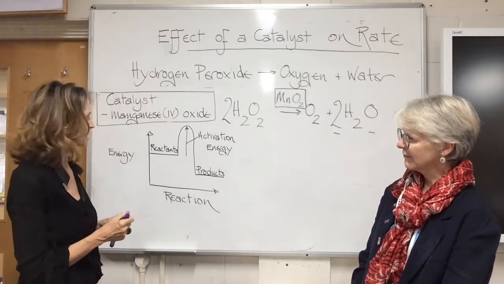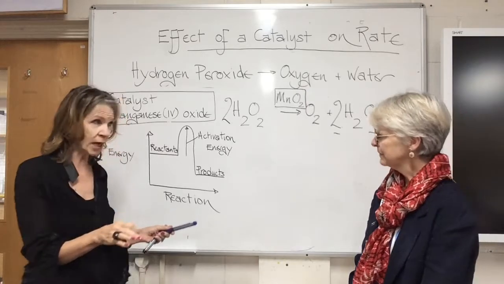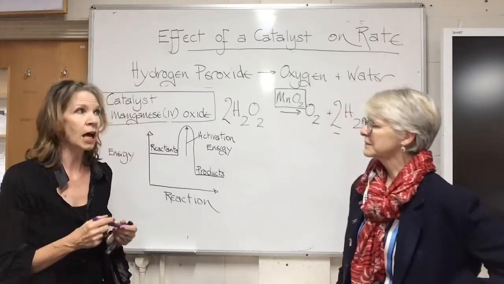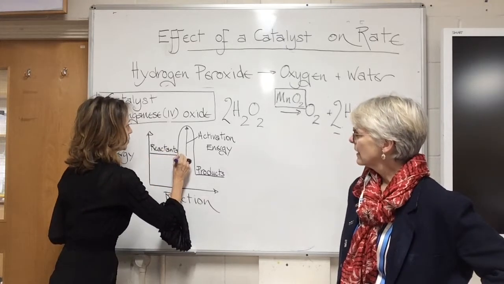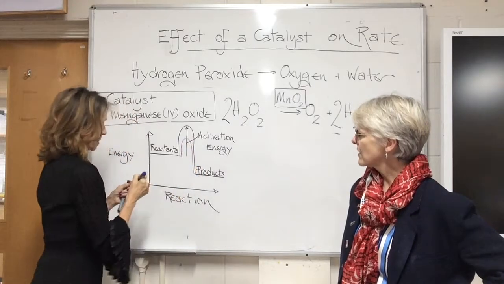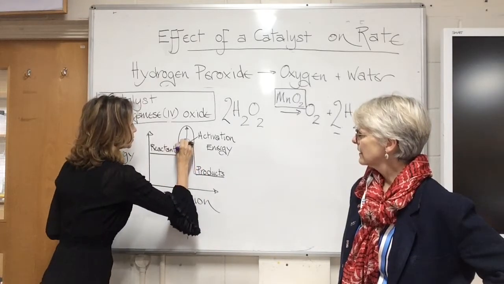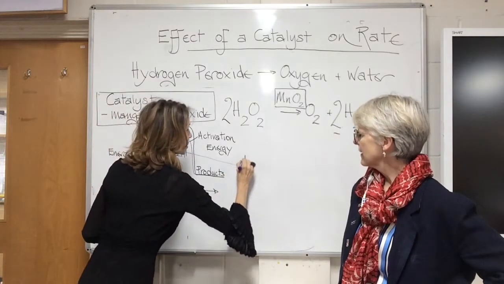So what a catalyst does is provide an alternative route for a reaction which has a lower activation energy. Lovely. So you draw that on there. So for example, it could be that. Right, and mark on the activation energy. So the activation energy would be like so, and that is the lower